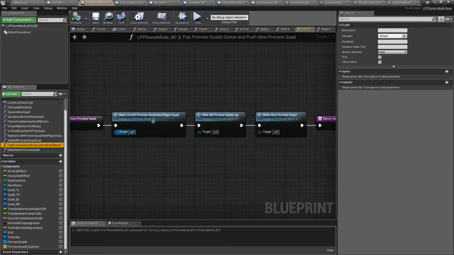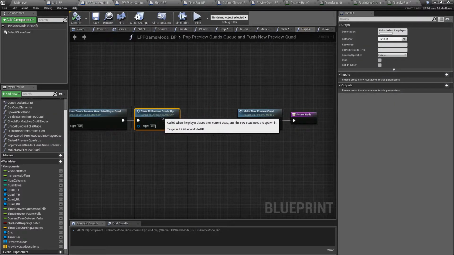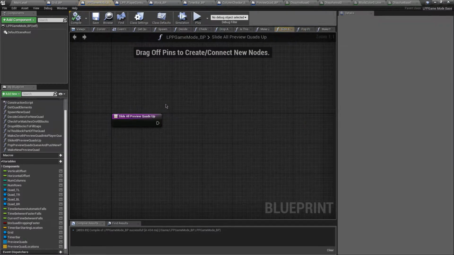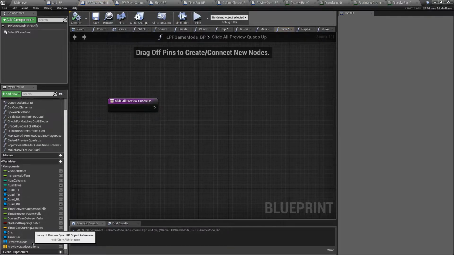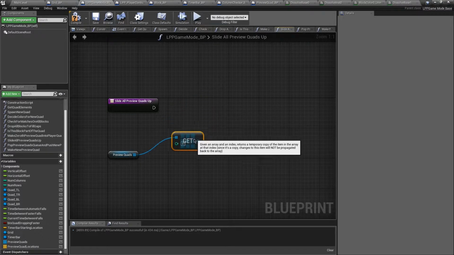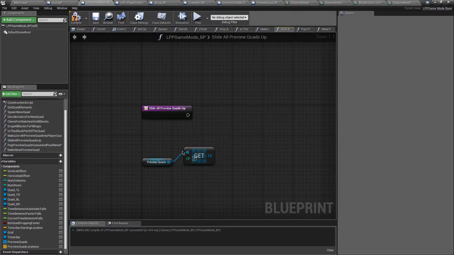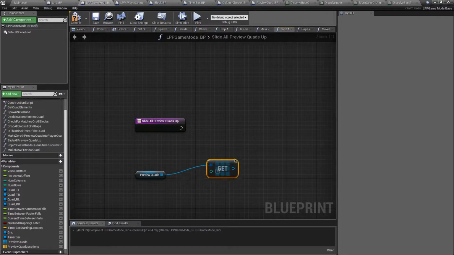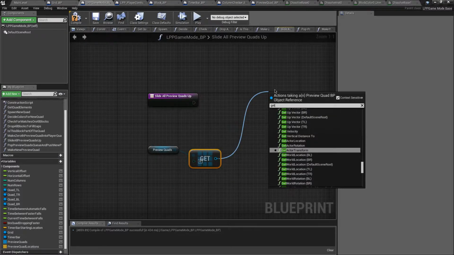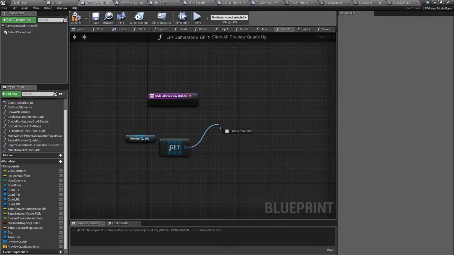And then I guess inside of this function we'll actually get rid of the 0th one, so get a copy. It's called get a copy, but since it's a copy of the reference, it's still going to affect the object. So at get index 0 we just want to tell this to dissolve, so we'll just make that a function